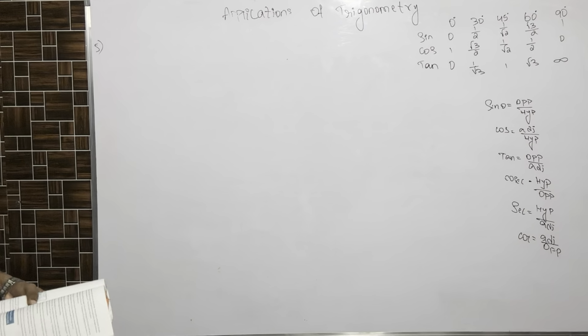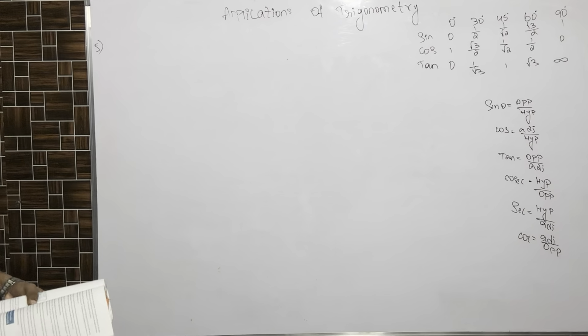Right, here we have the next question. A wire of length 18 meter had been tied to an electric pole at an angle of elevation 30 degree. A top pole is there. Now a wire is tied. Length of the wire is 18 meter. Here first of all, in the first case we are dealing with the hypotenuse.